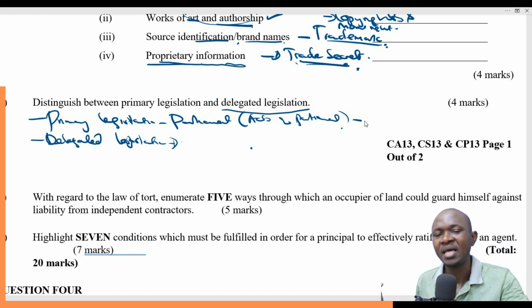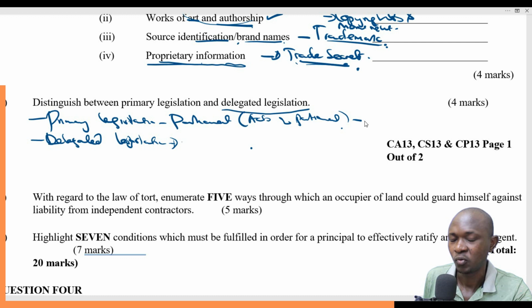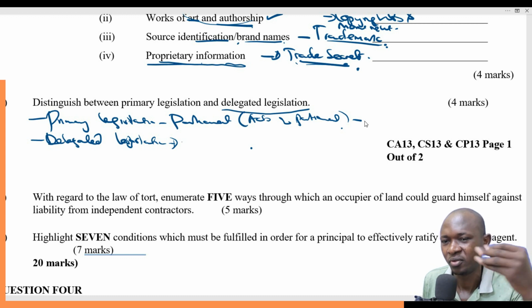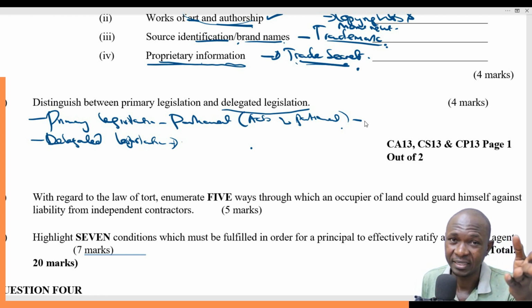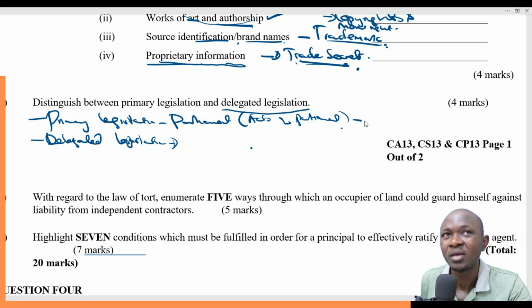So it is other bodies or other parties with powers from the parliament who will come up with the laws, but those laws are not final. They have to come back to the parliament to be passed before they can be laws. This is very common because the parliament are not experts per se. So if you are talking about, for example, laws that involve accountants, it's only fair that you give a body